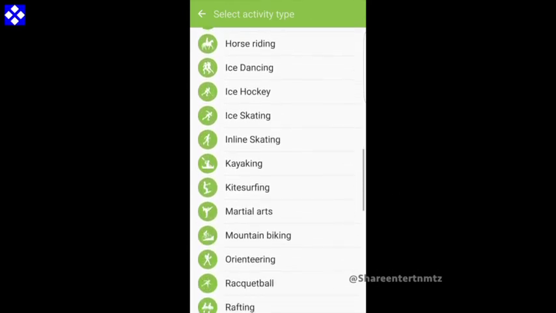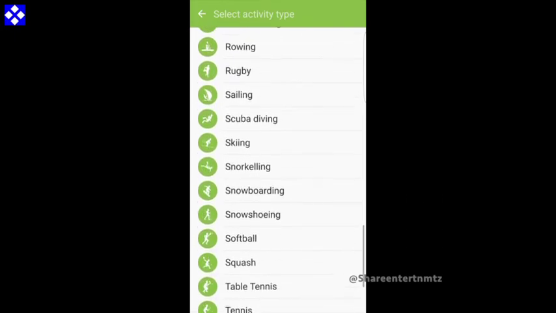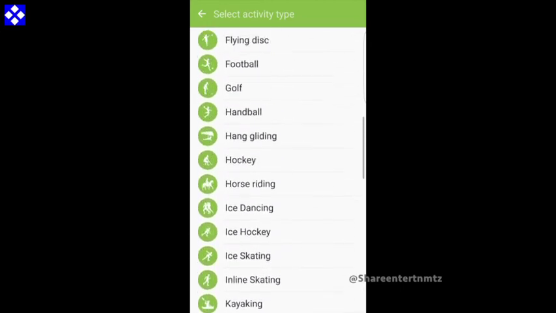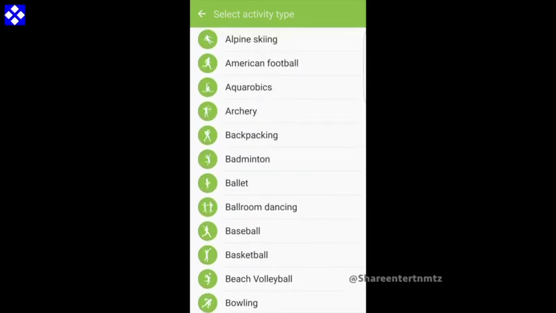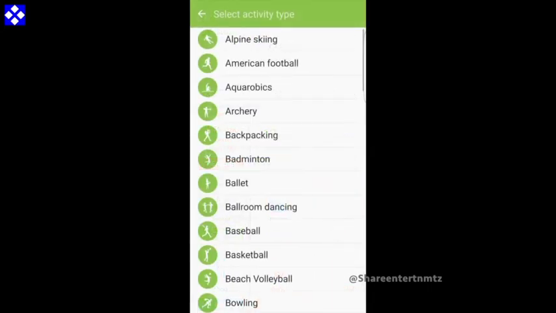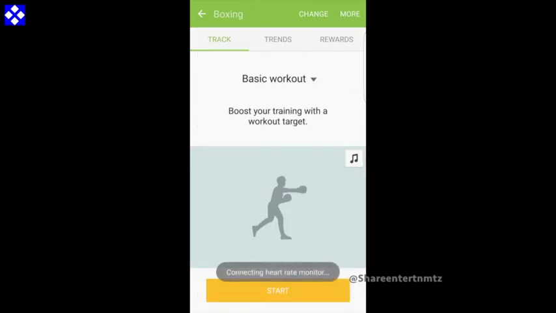I can't read them all to you, but you got football, trekking, rowing, rugby, basketball, you name it, running, track and field, ball, dancing, beach volley, bowling, boxing,